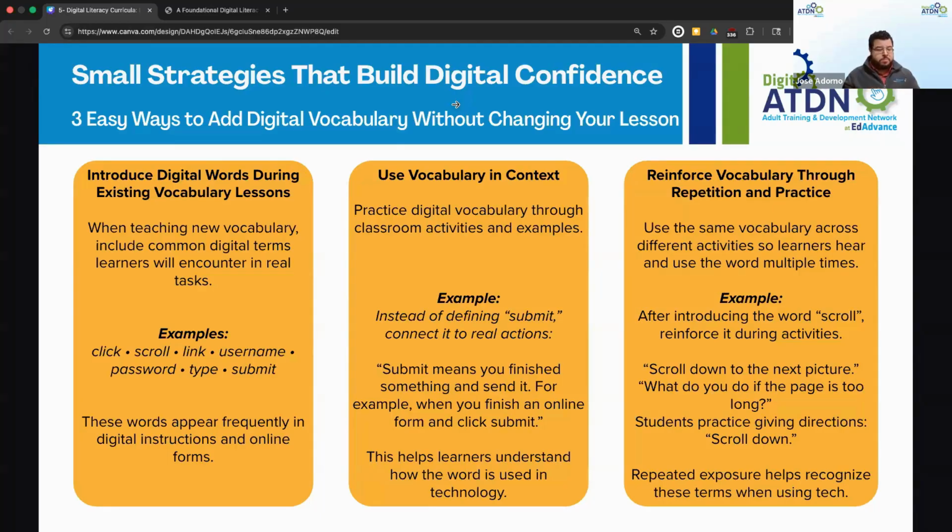You're introducing those words outside of using the curriculum and giving them the opportunity to get familiar with the vocabulary words, to get familiar with the digital skills that we're working on in the class, instead of just giving them access to the module and then they don't know where to click and those kinds of things.